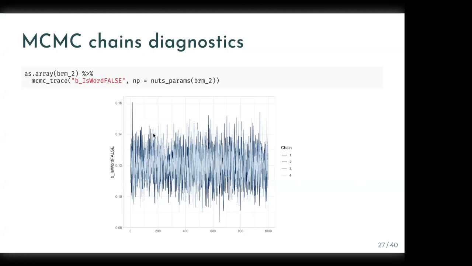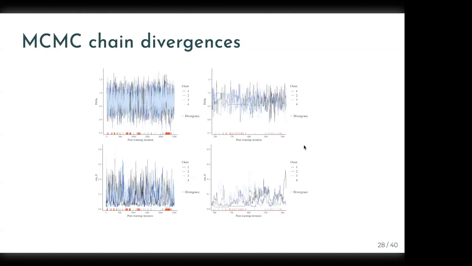These are also called caterpillar plots because they look like a hairy caterpillar. And the idea is that these plots for each parameter have to be as hairy as possible, basically. So you want your caterpillars to be hairy. That is related to how well the chains have mixed with each other. And I'll show you what bad